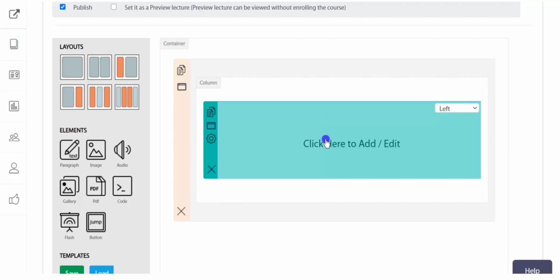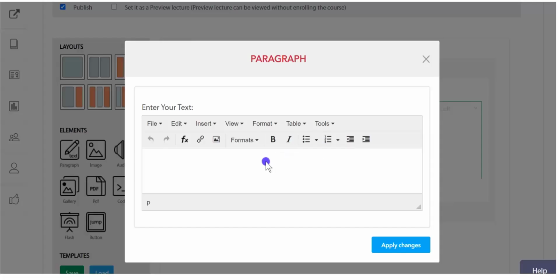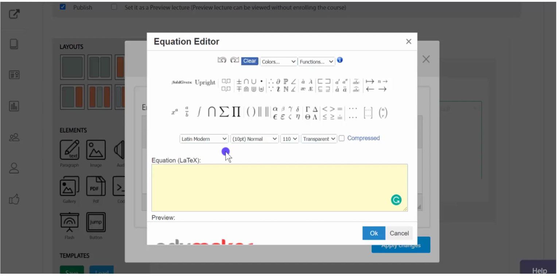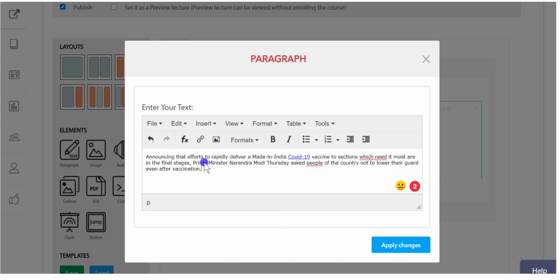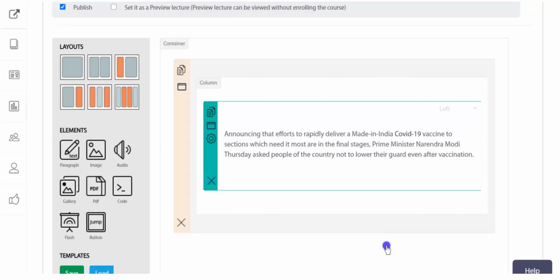In the paragraph editor, you can not only put text in different formats, but also put mathematical equations from this icon, which could be a very useful tool for STEM courses.